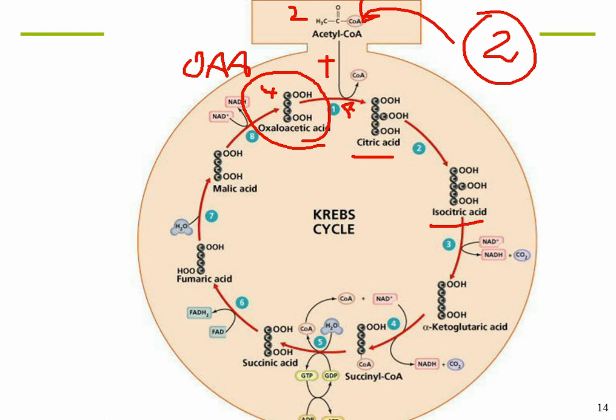Isocitric acid, we are going to pass electrons and hydrogen from isocitric acid to our electron carrier, NAD. NAD becomes reduced to NADH. Isocitric acid is going to become oxidized to ketoglutaric acid,